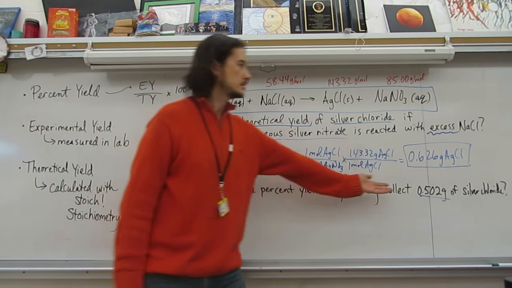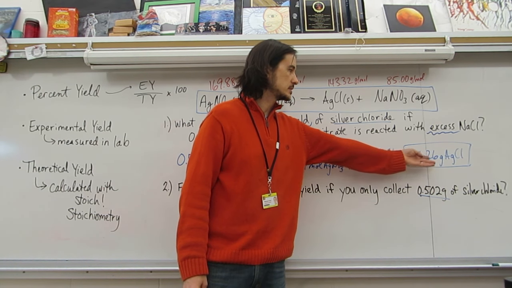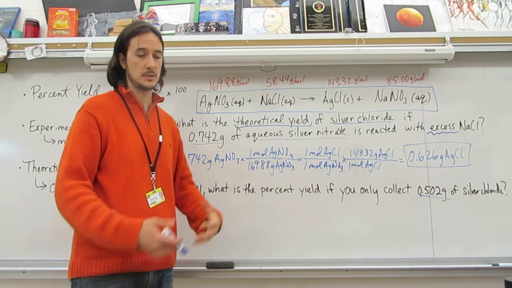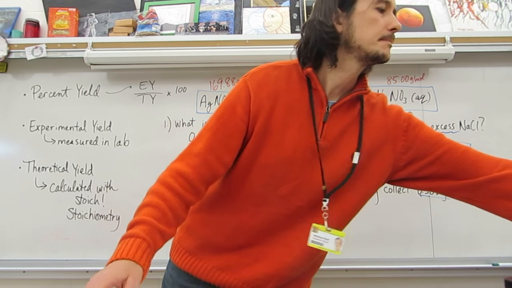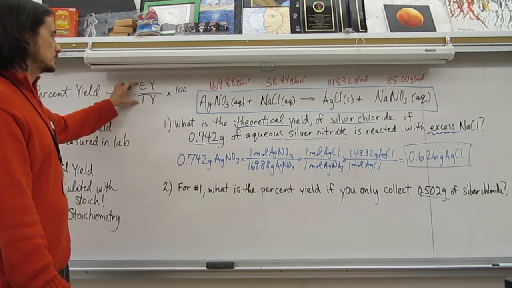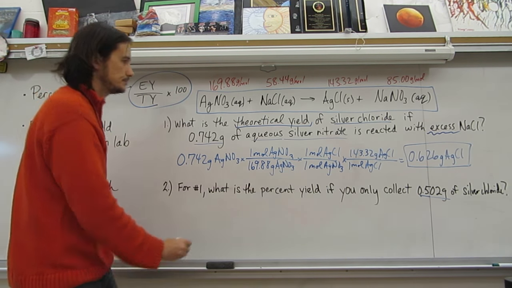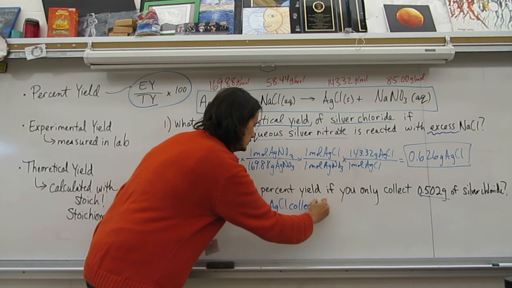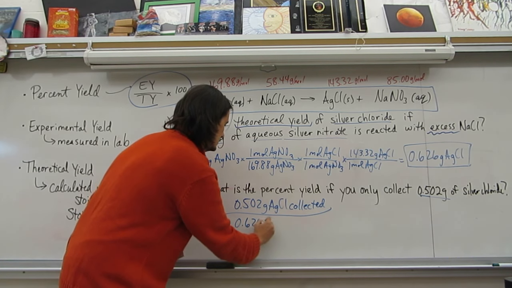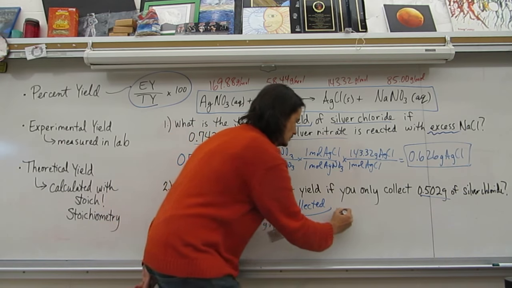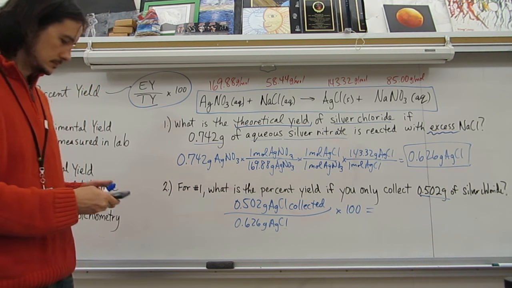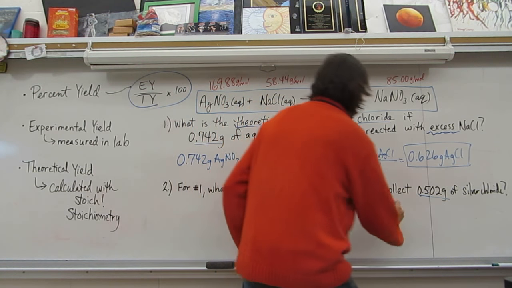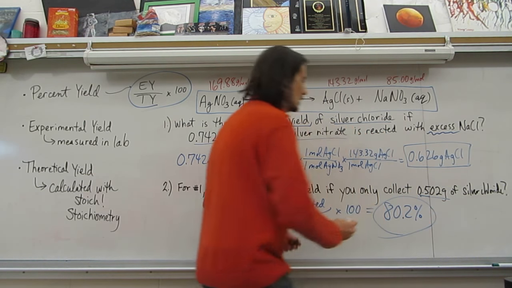So you can see that our percent yield is less than 100%. We expected to collect 0.626, we only collected 0.502. It could be that we collected more. You can get above 100% yield. You can go into lab and for some reason you have extra. But in this case we don't. So our formula is experimental yield over theoretical yield times 100. The percent yield is